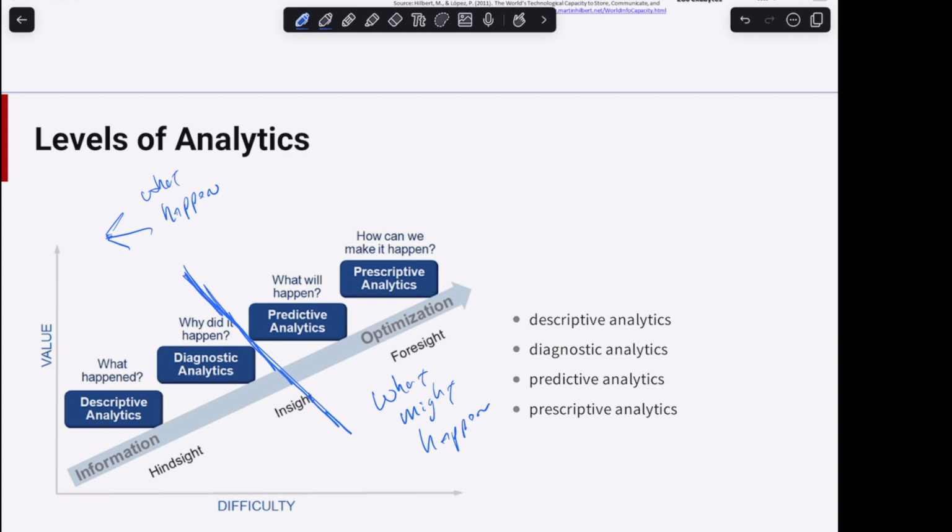Now, they're both equally important in some ways, but as you go up here more, it becomes harder and harder to do. Okay, if I was to